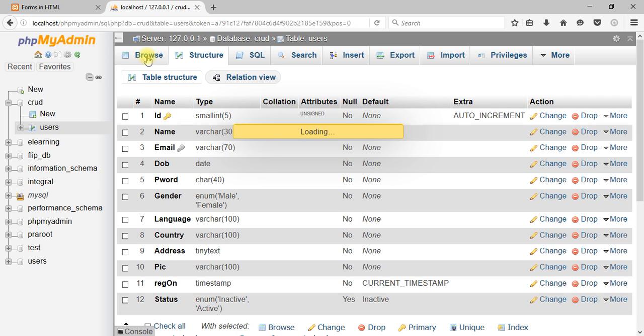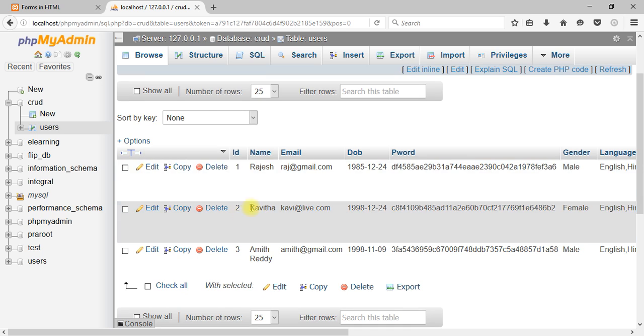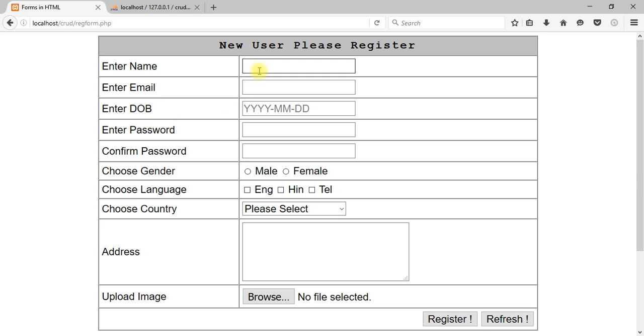So I'm going to be on browse. Currently we have 3 records. To refresh our previous work, I'm going to add one last user so that we have the previous session of the IDs. I'm going to add one more person. Let's say I'm going to add Kiran,